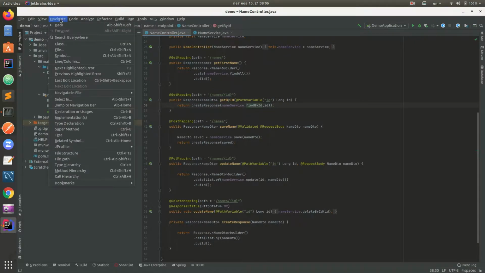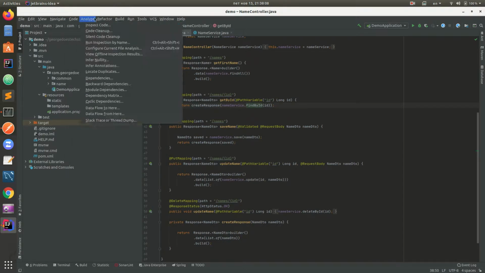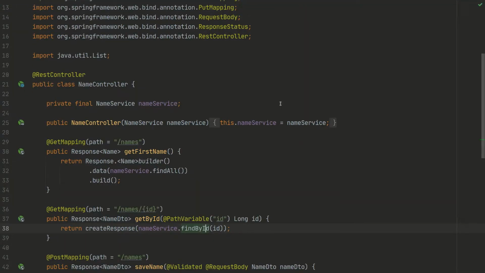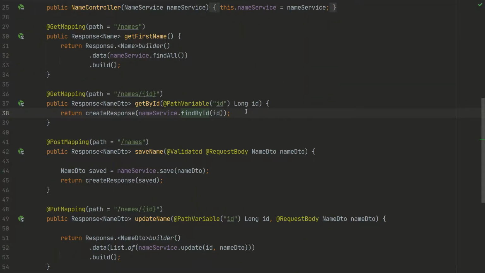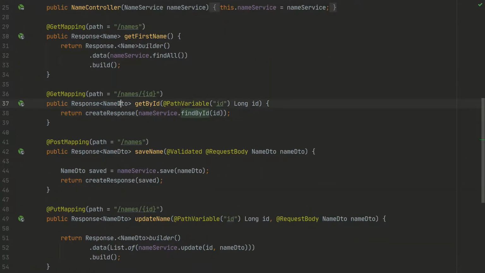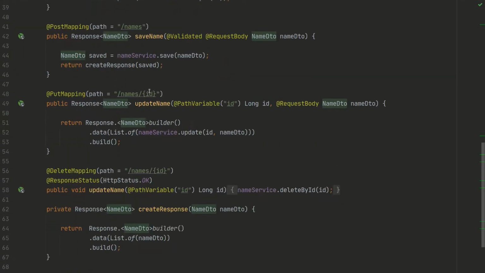Now we'll enter presentation mode because I wanted to show you some code. Just a second. Okay. If you see, we are now returning the name DTO. Why is that? In the first couple of clips we used name. Name is basically the entity to the database, and it's not good practice to use that to retrieve data. So